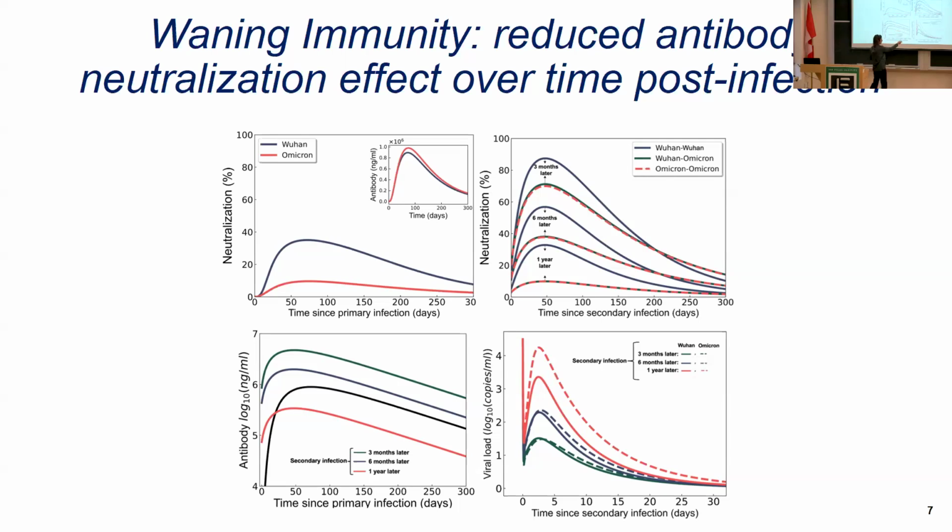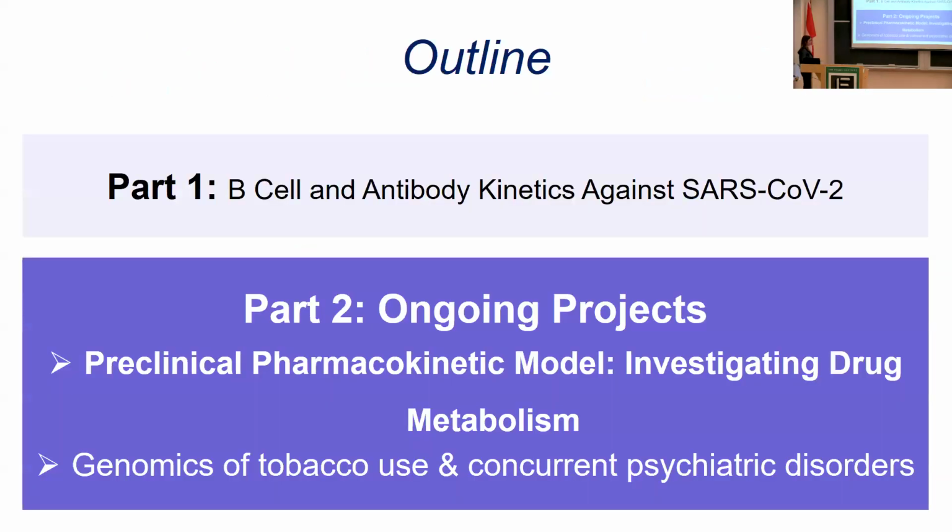And if you look at the viral load for two different scenarios of Wuhan-Wuhan and Wuhan-Omicron, we can see for the Wuhan-Omicron scenario, Wuhan is primary, secondary Omicron, the viral load for the Omicron is higher than the Wuhan. Again, this is immunoevasive of the virus. So this was for the first time. And I'm going very fast for this